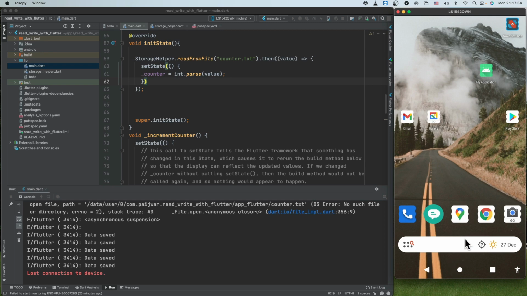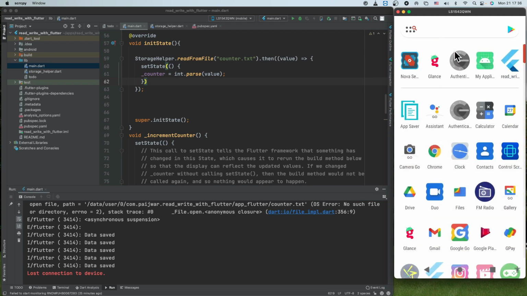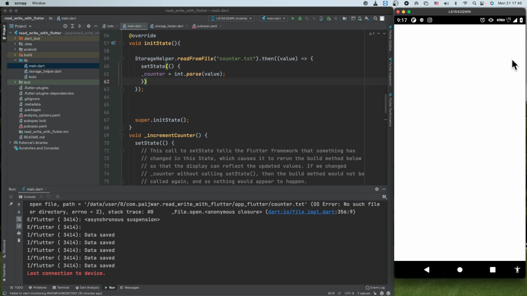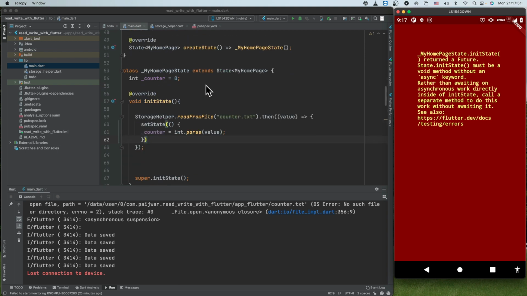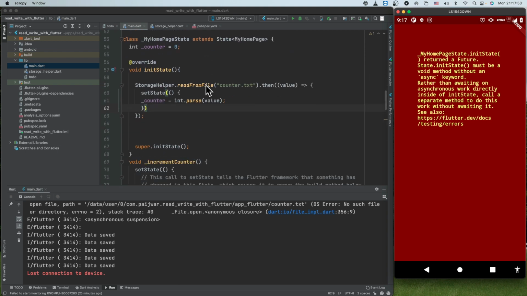Okay, now we will relaunch, read write, and we'll see from where the value is coming. Okay, we missed something. Must return a future, state must be a void method without an async keyword.